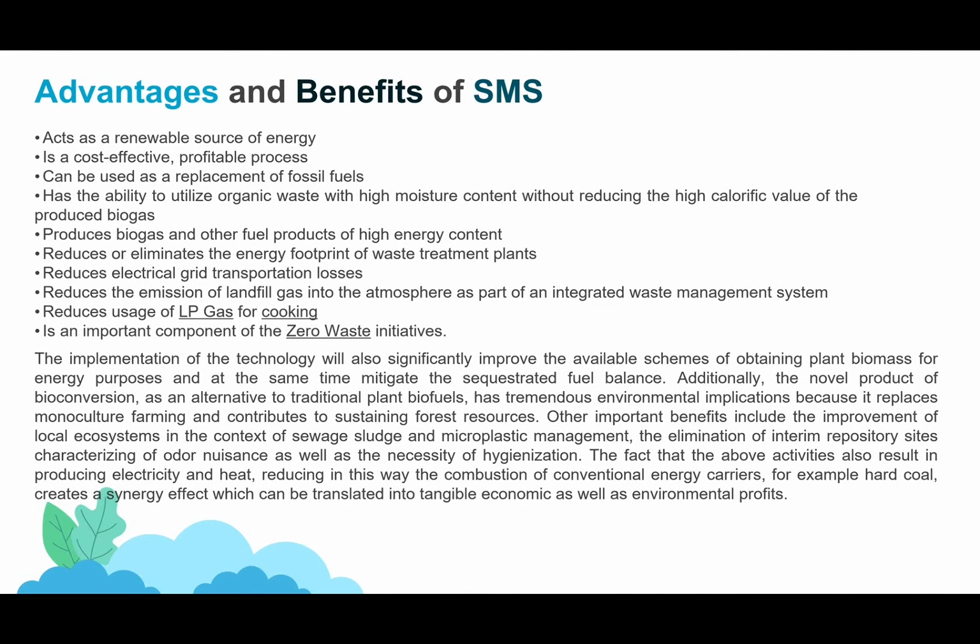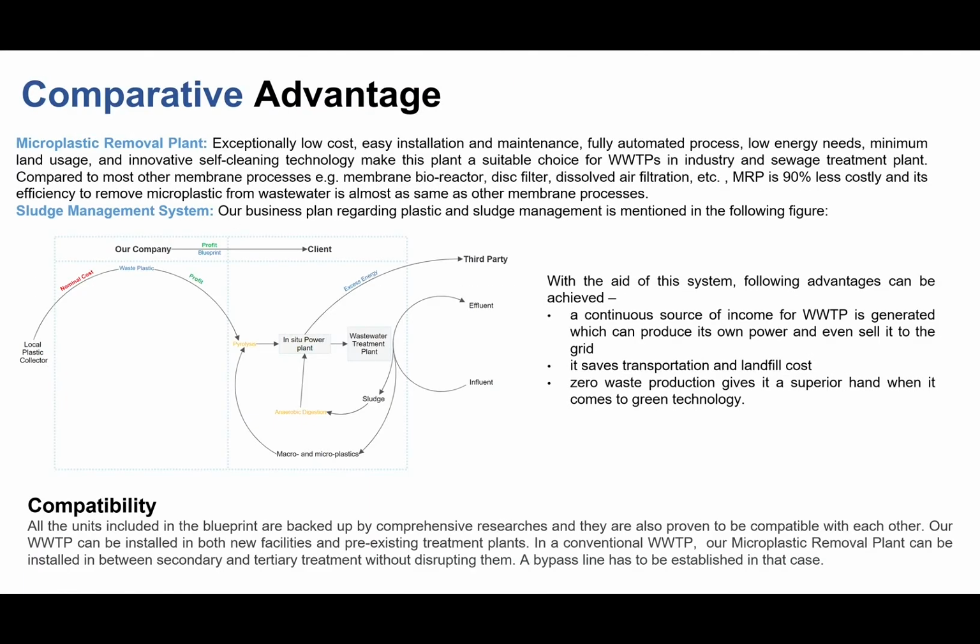SMS is a powerful system that excels in comprehensive waste and energy management. It can convert all sorts of waste into energy and consequently remove the need for landfilling and transportation of waste. Alongside the environmental benefits, SMS can also provide the WWTP with economic benefits as well. The excess energy that is produced can be sold to corporations or grids for a huge amount of money. This cut in operational costs, coupled with sustainable energy production and profit, makes the WWTP a self sufficient, environmentally friendly